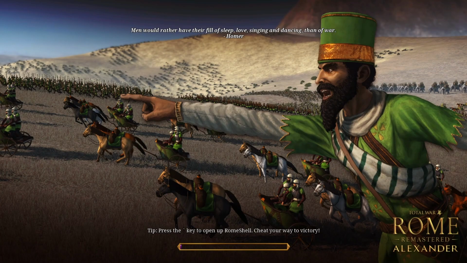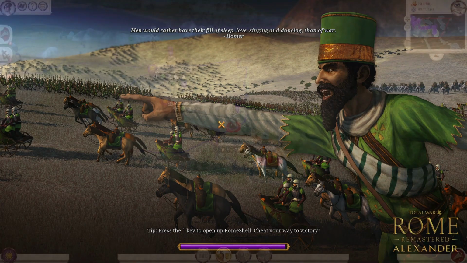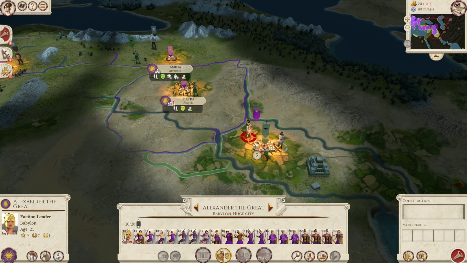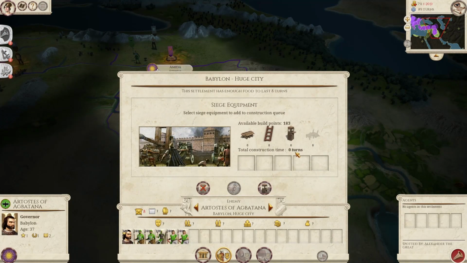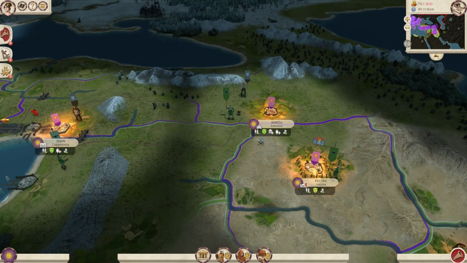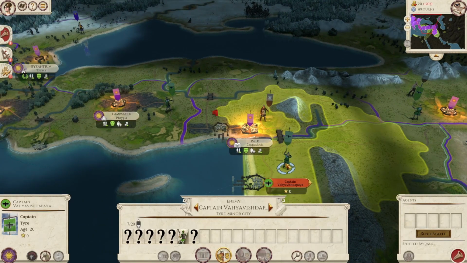And I think we are heading towards the Persian capital. Victory! So, prepare for battle! Glorious victory! Besieging settlements, sir! Okay, and